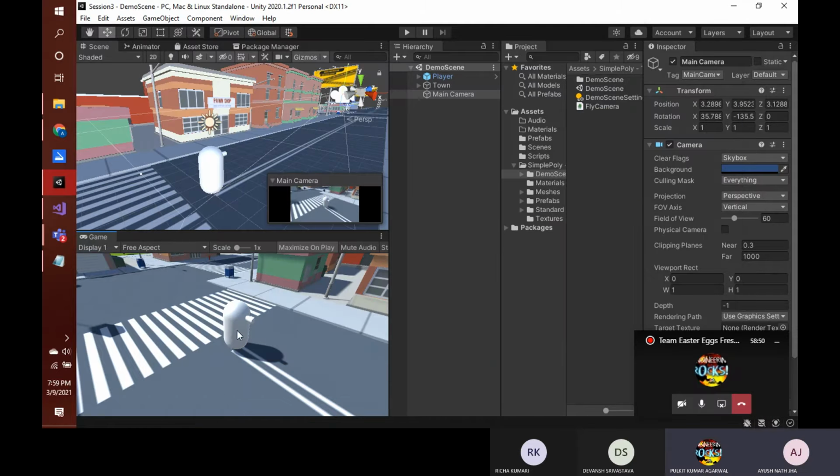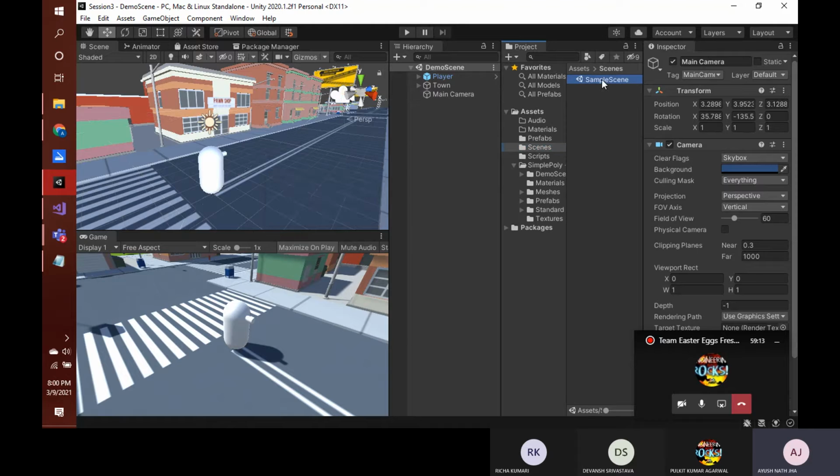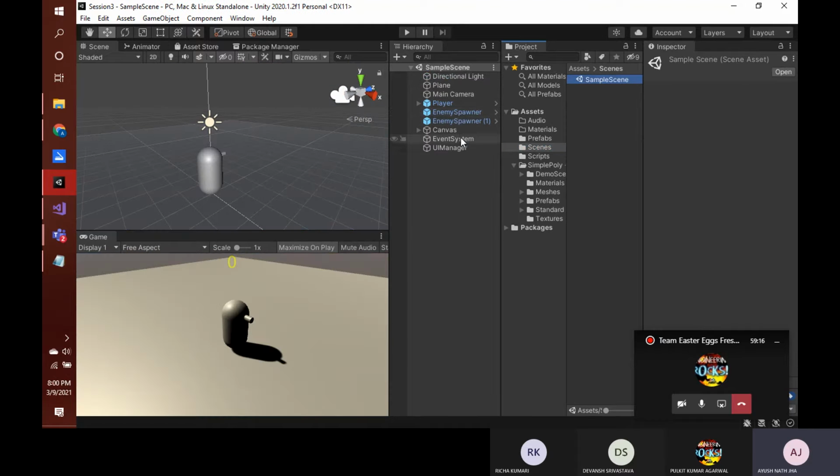Okay. So now we have this scene, and we also need to import the two enemy spawners that we used in the previous scene, right? So we'll go back to our previous scene by saving this scene first. Obviously we save this scene and go to our previous sample scene, and here we have these two enemy spawners. I don't think we need to, because these are already prefabs, right? Okay, I forgot, these are already prefabs, so we can simply drag and drop the prefab again.